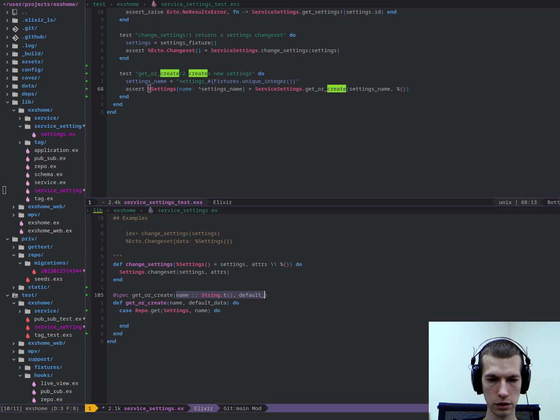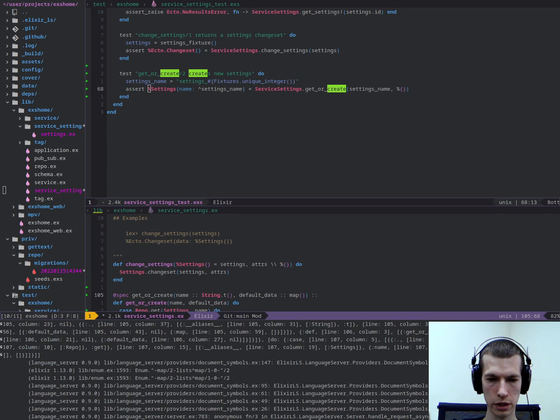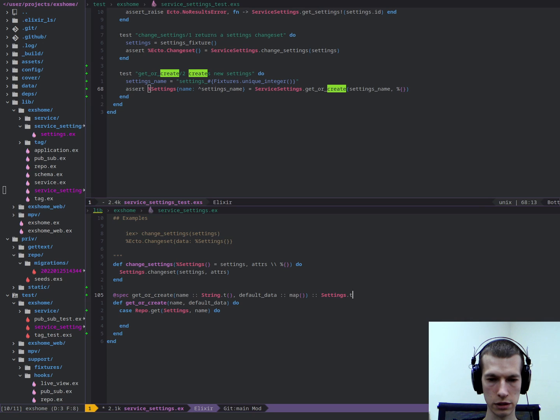Default data will be. It will return, returns t. If it returns nothing, then